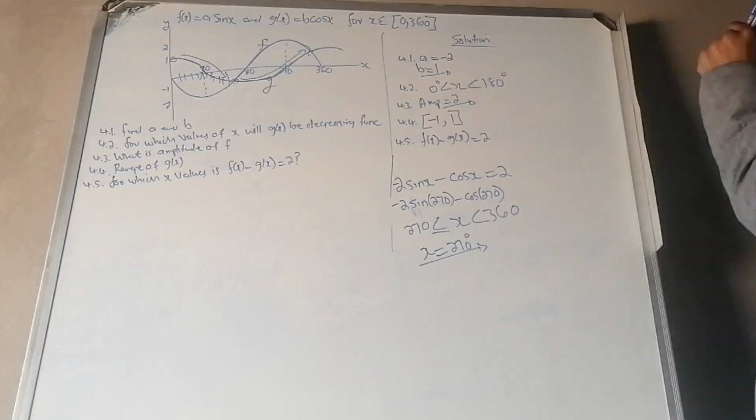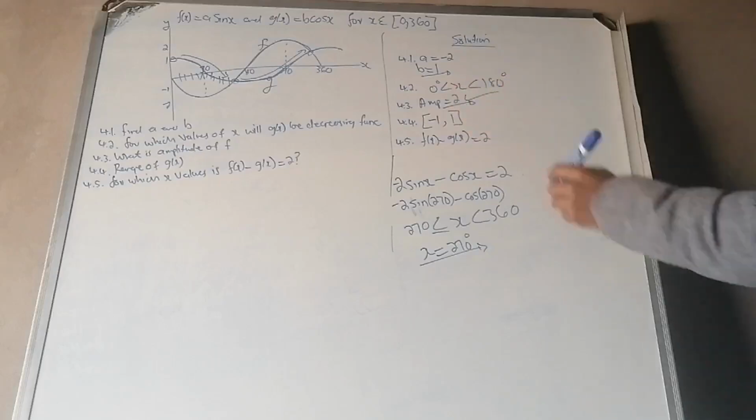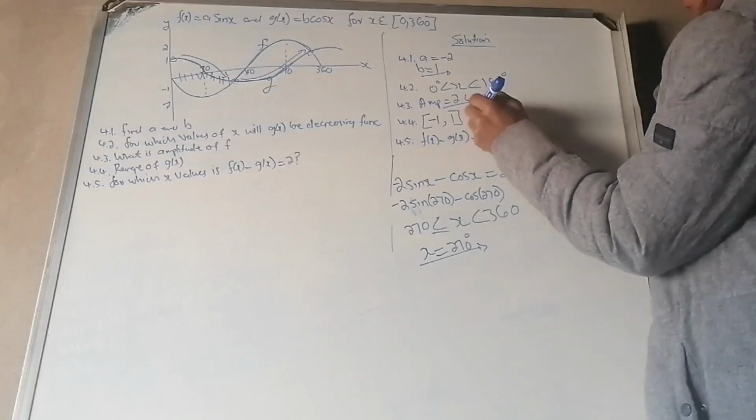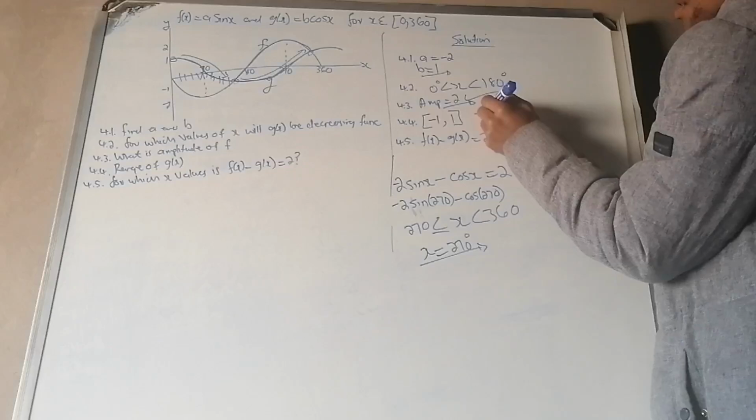All right. 4.3 amplitude is 2. Okay. Interval here 4.4 -1 and 1. -1 greater or equal to